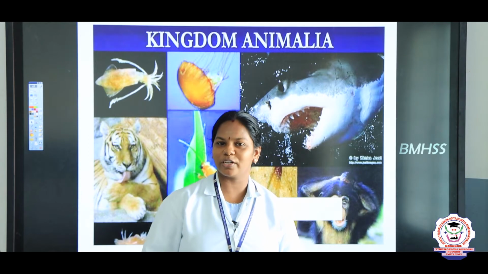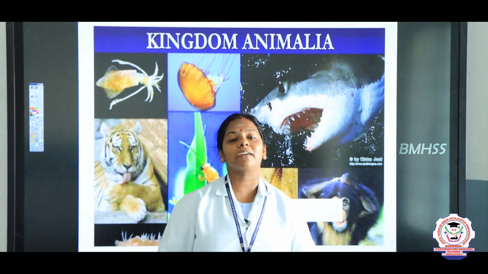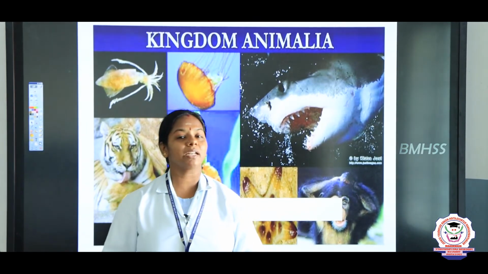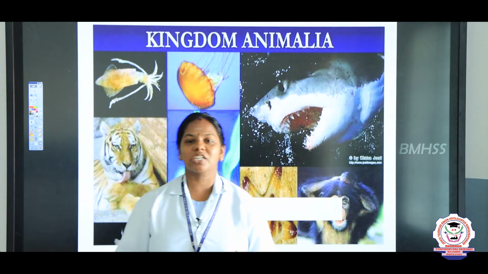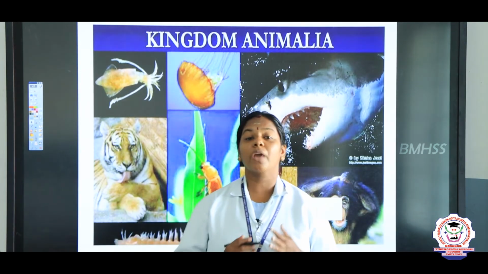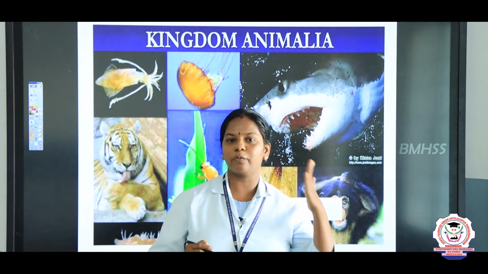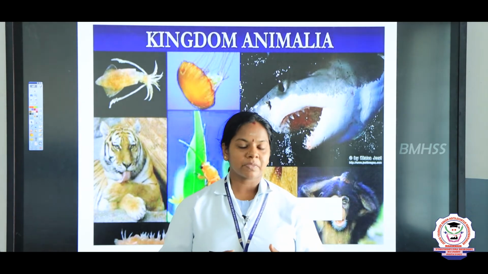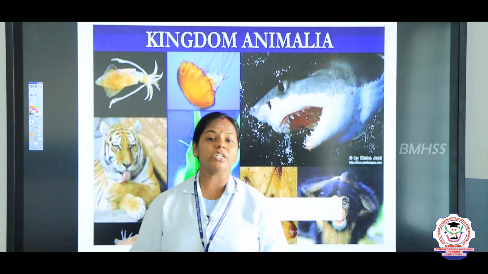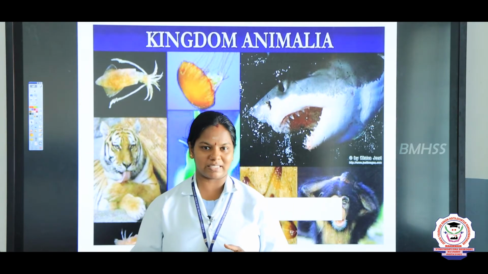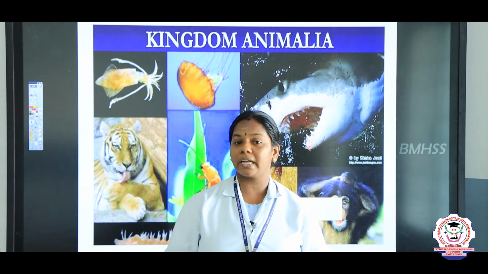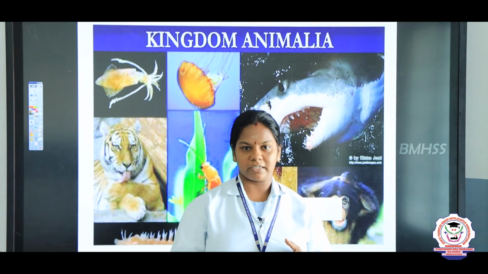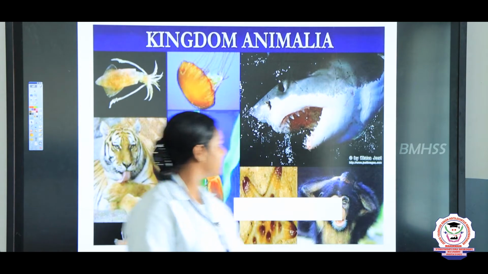Children, today we are going to see chapter 2 in 11th standard zoology. The chapter name is Kingdom Animalia. In the previous sessions we have discussed the various phyla, starting from Porifera to Chordata. In this session we are going to discuss the last 4 classes, the first 2 being class Amphibia and then class Reptilia. So let us go into the session.